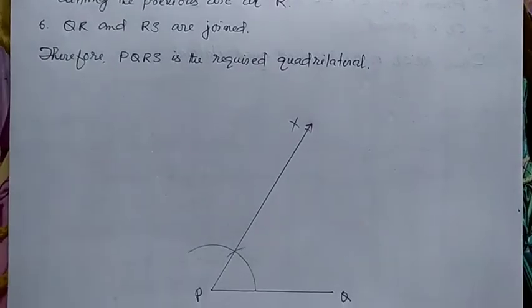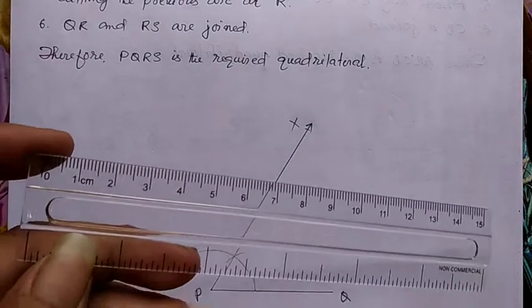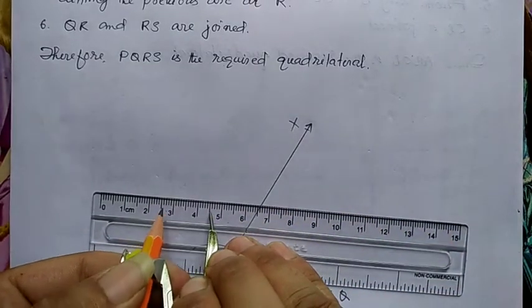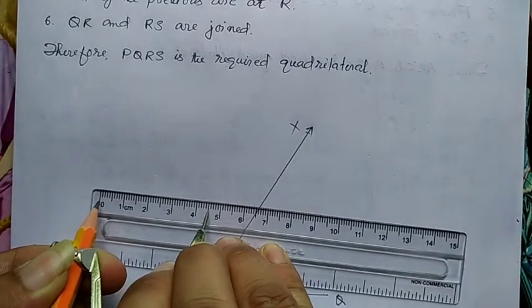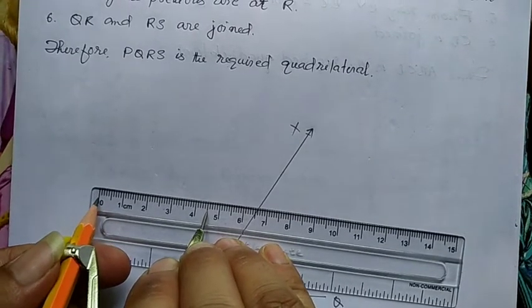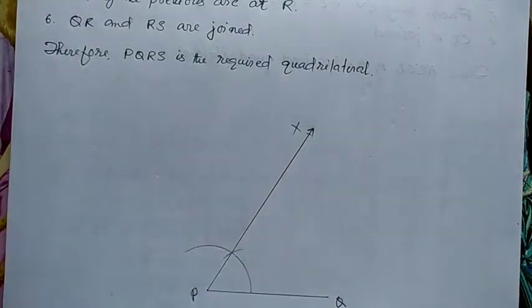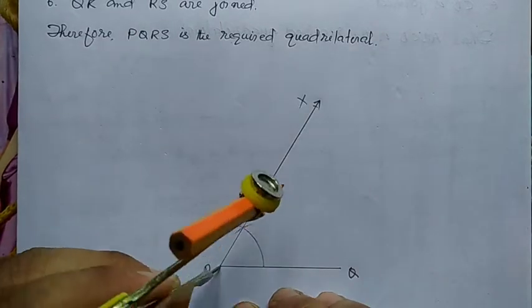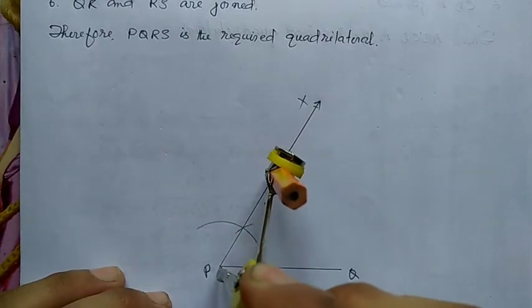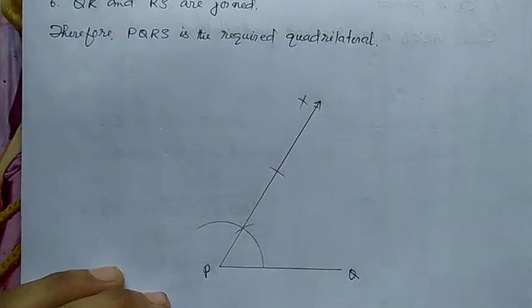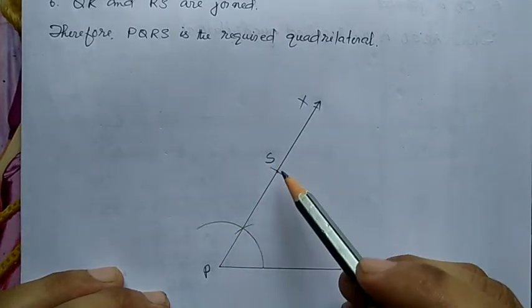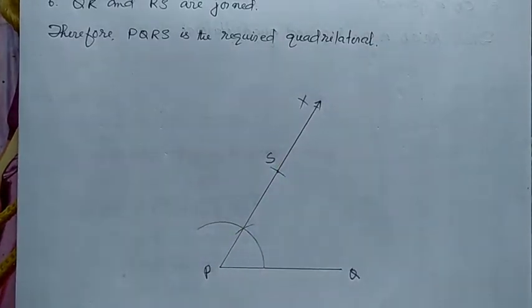So you can do this in 2 different ways. You can simply use a scale, or you can also use the protractor, compass. Measure 4.5. It is 4.5 as you can see here. So taking P as center, you cut the ray PX at one point. This point is S. Now PS length is 4.5. The next step,